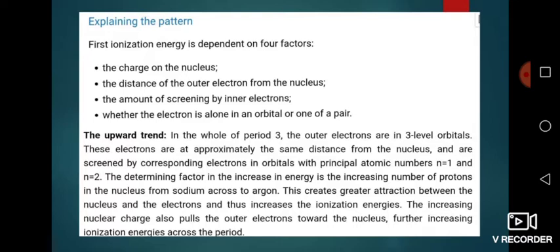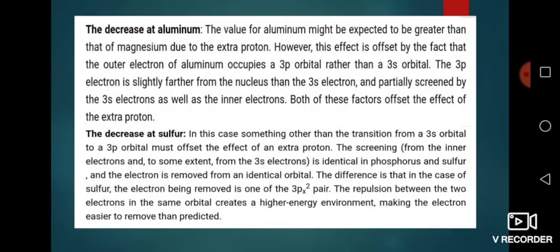So when we write the electronic configuration of aluminium and magnesium, the outermost subshell of magnesium is S, while in the case of aluminium, the outermost subshell is P. It means that the outermost electron is present in the P subshell of aluminium, while the outermost electron is present in the S subshell of magnesium. As you know from your first year course, the S block is nearer to the nucleus as compared to the P block. So the removal of electron from the P subshell